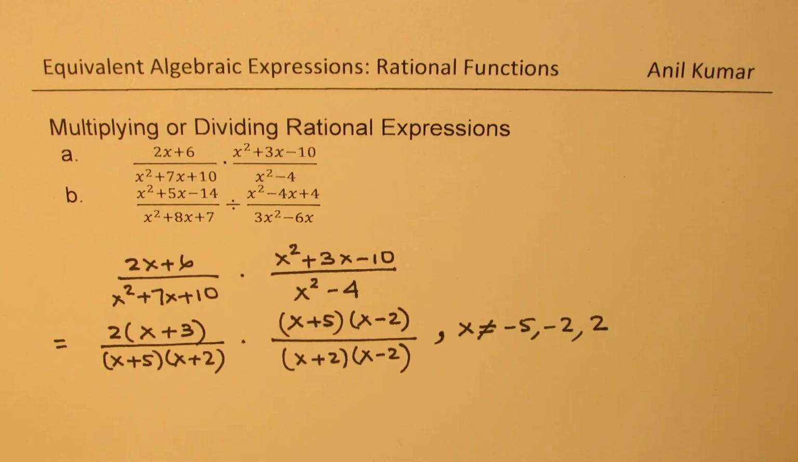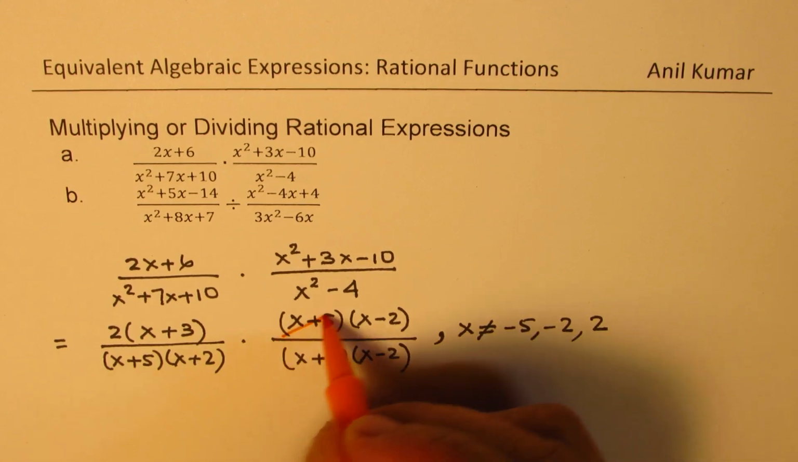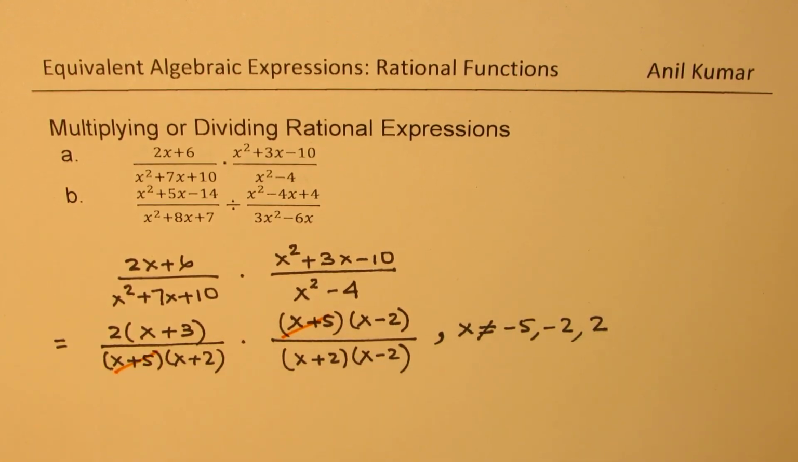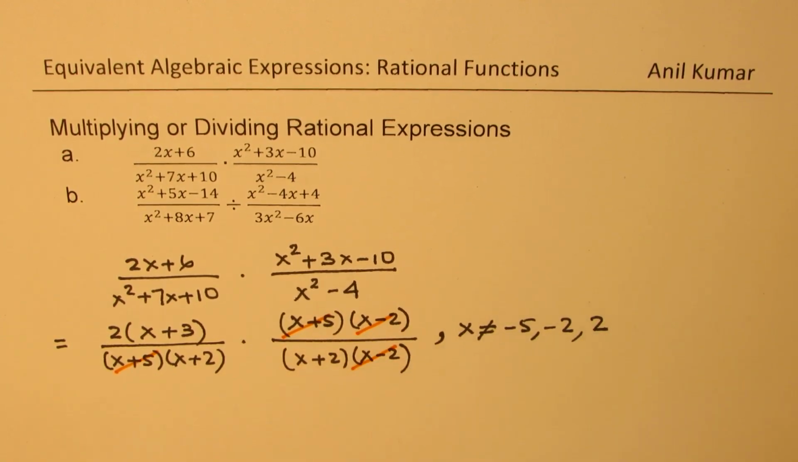Now to simplify, let's cancel the common factors. So the common factors here are x plus 5 and x plus 5. They can be cancelled. Perfect. Now x minus 2 and x minus 2 can also be cancelled. So we are left with